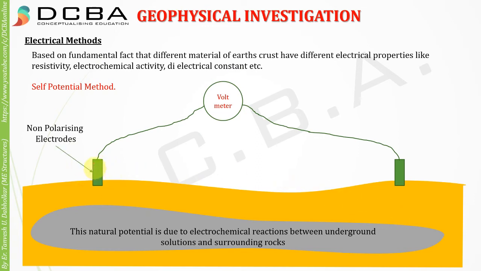These electrodes are called non-polarizing electrodes. Now polarizing, this word means something which causes some change, something which alters the readings. We have Polaroid sunglasses, they do not allow the sunlight to come directly, they change its course, right? So what non-polarizing electrode means is that these electrodes will not change the value of the voltage that we are getting here. So what exactly are these non-polarizing electrodes, we'll see.